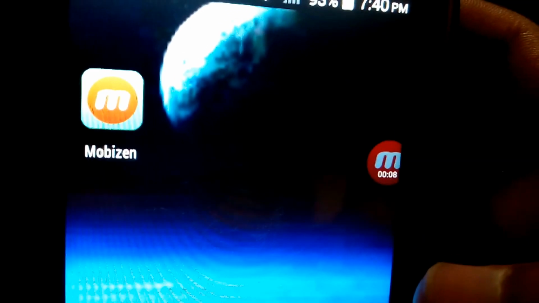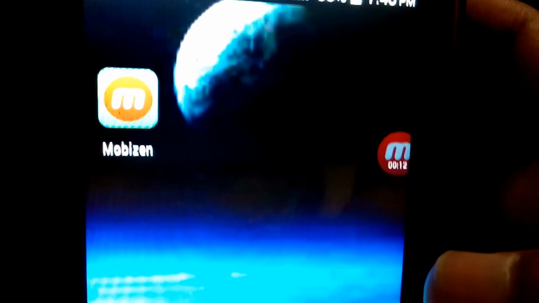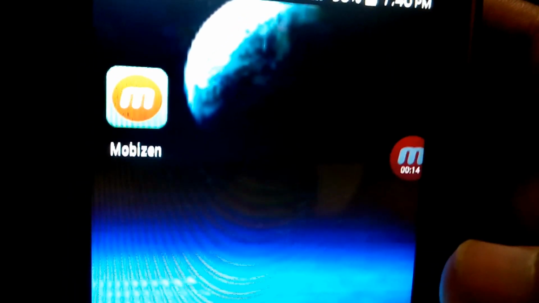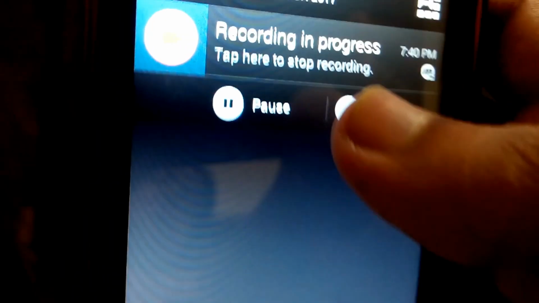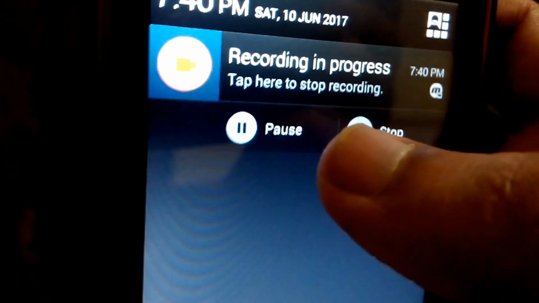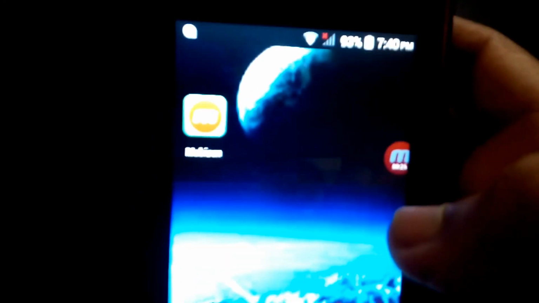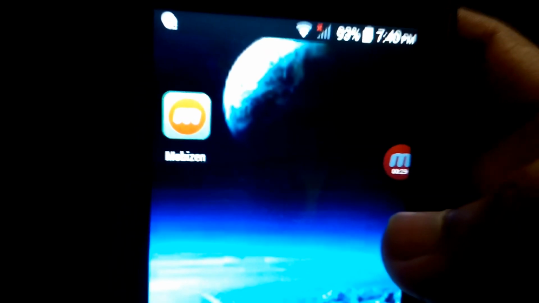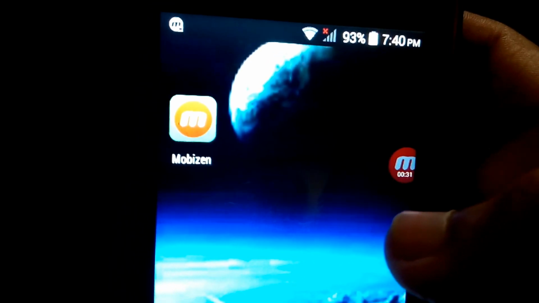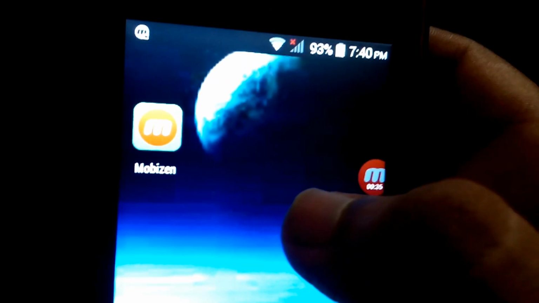Here you can see a timer. This won't be there when you extract your video. This is for you. This is the control panel, where you can stop, start and pause the recording too. So it is now being recorded, my screen is being recorded. Let us record for like 50 seconds or 1 minute, and after that I will show you the recording or the clip.